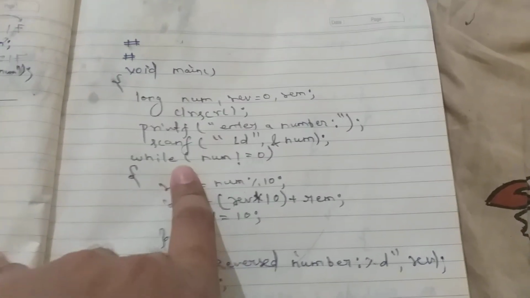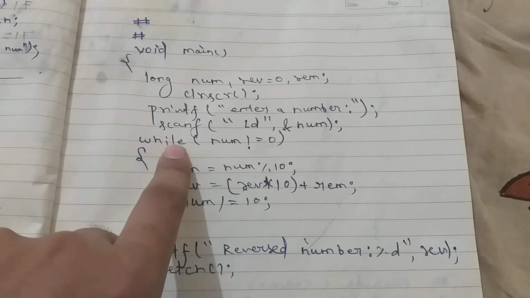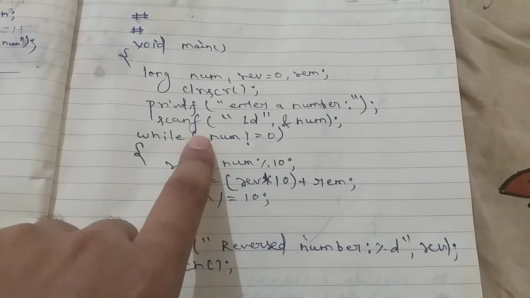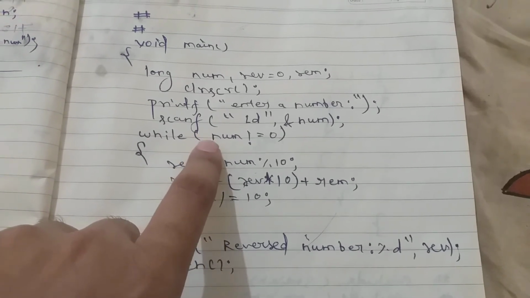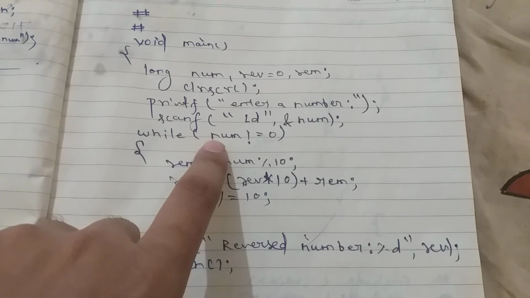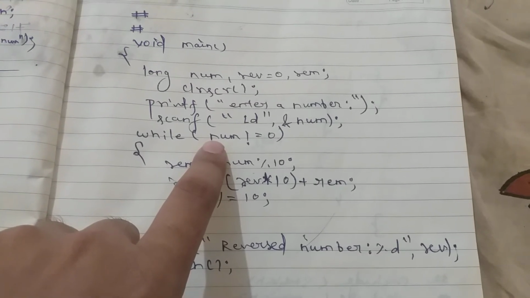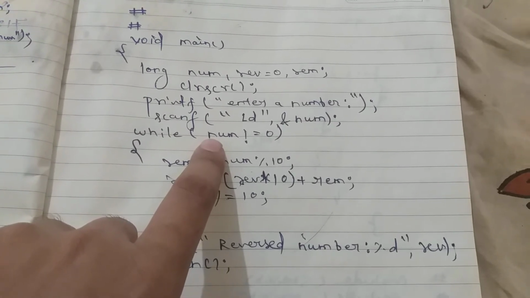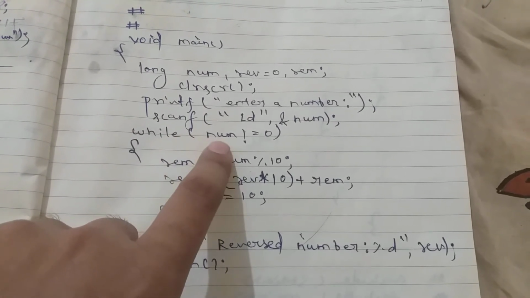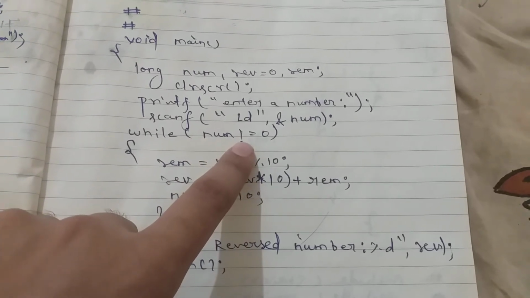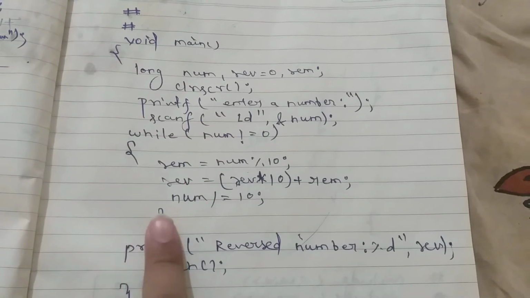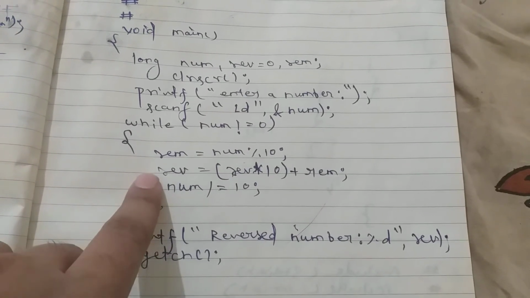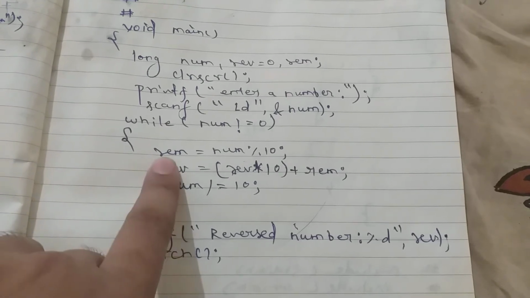After that, we will use the while loop for comparing the conditions. We know that if the number inputted by the user is 0, then its reverse is also 0. That's why we have to remove that number. That's why we have used the condition that the number should not be equal to 0. Okay, after that we have written our code. So let's understand how this code has been written.